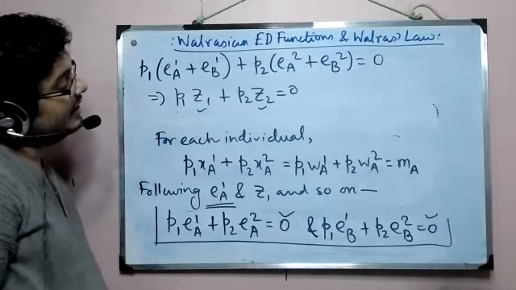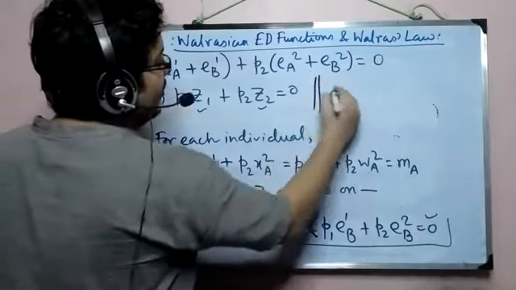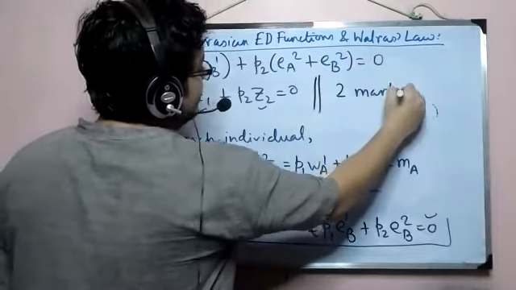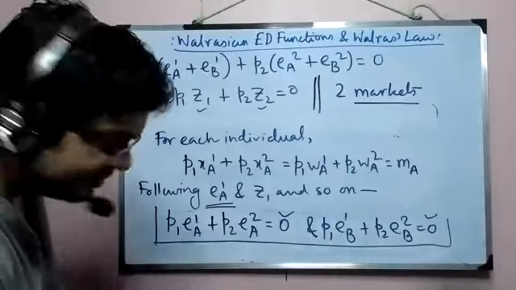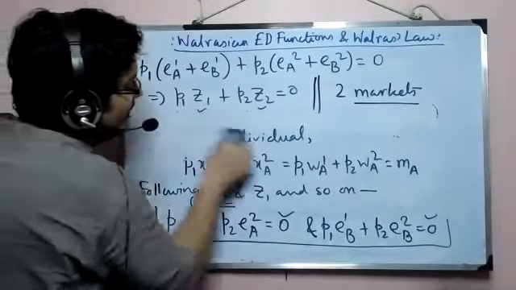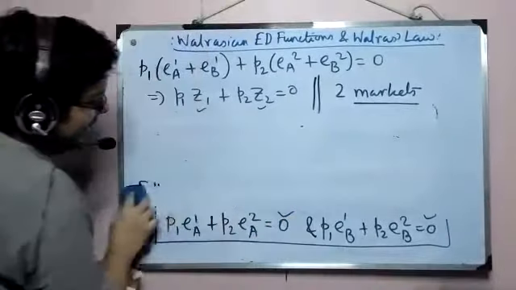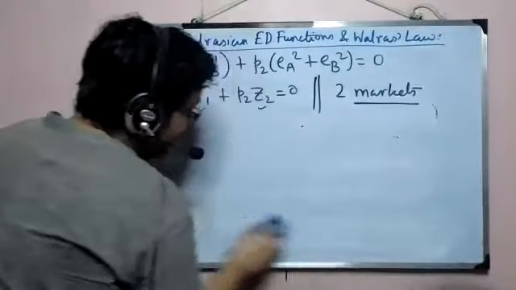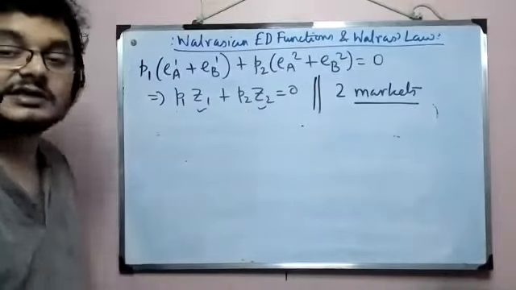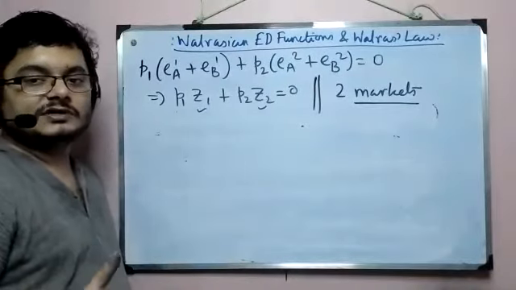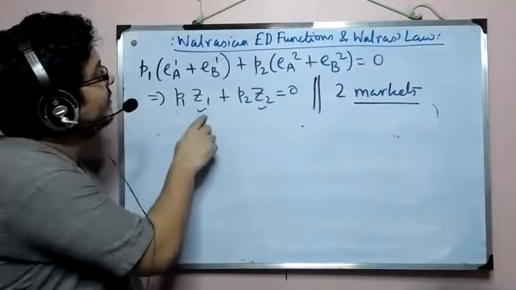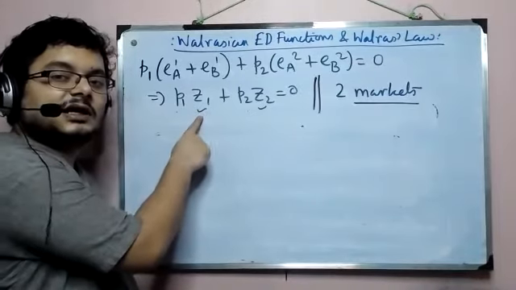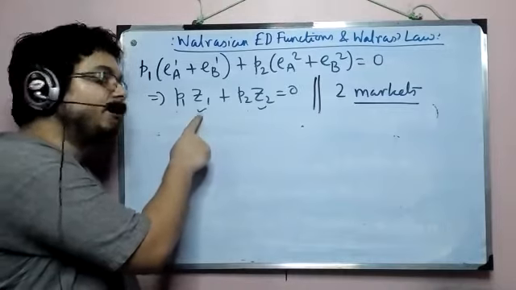What do we have here? We had two markets for two goods. And in those two markets, we had their excess demands on a market basis. Why on a market basis? Because we added the excess demand of the two individuals involved. So here I have the excess demand in the second market, or for good 2, you can say whatever you want, any of the two. And this Z1 is the aggregate excess demand for good 1, or in market 1.